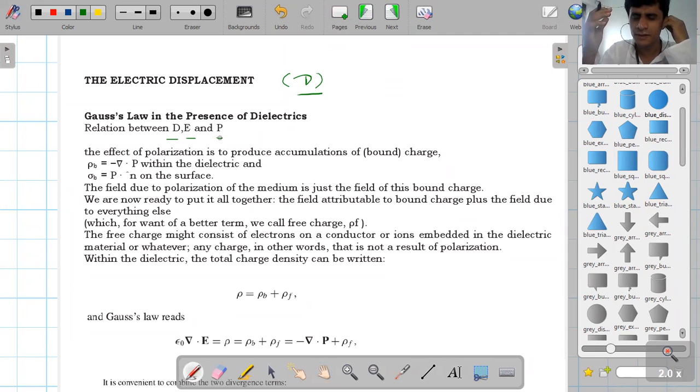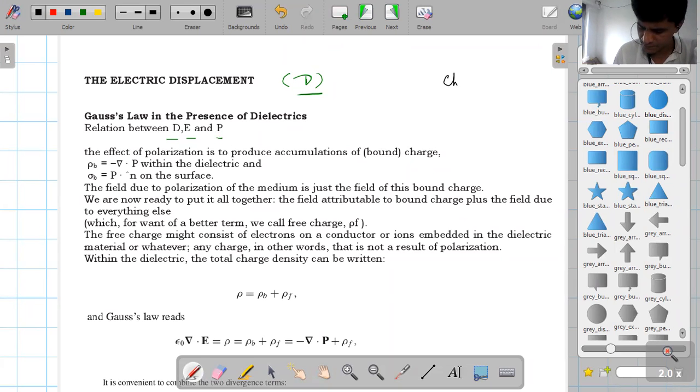Next point is electric displacement, and dear student, electric displacement is denoted by D, so that the relation between D, E, means field, and P means polarization. Okay. Now, generally in any system, there are two types of charge densities, or two types of charges. One is bound and another one is free. Therefore, I will write here